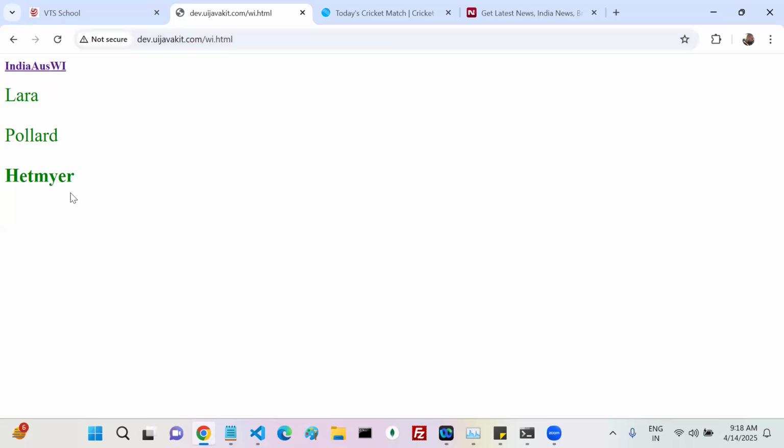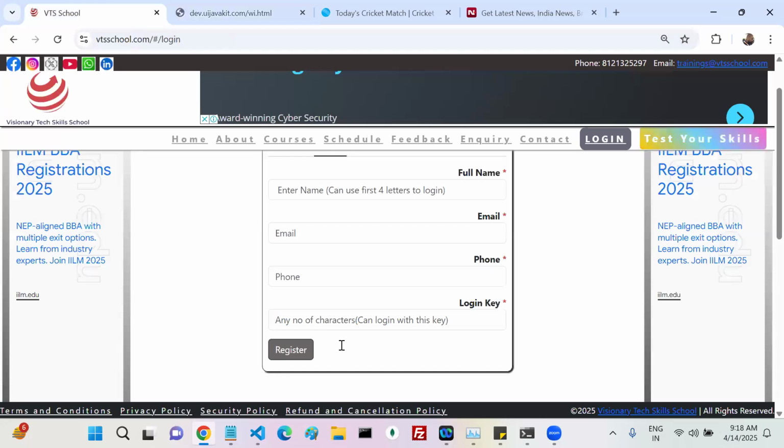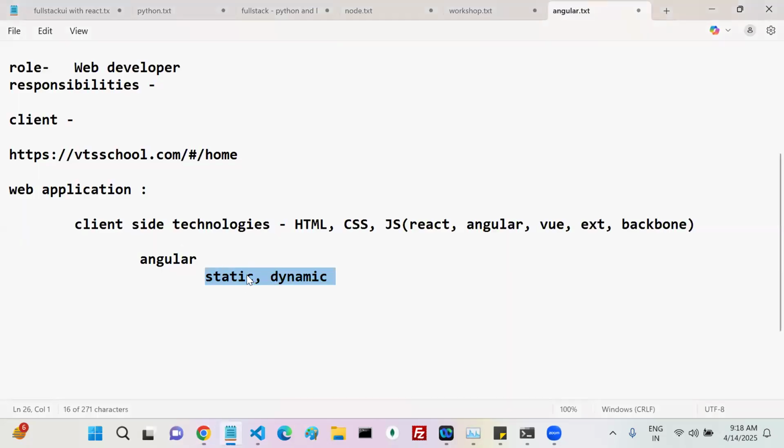So if it is static, I want to create an Angular application with static content. If it is dynamic, we are going to take the data from the database and display the data. That kind of requirement is there. That is dynamic. So first thing is, once the client gives the requirement, check the requirement. In that requirement, the application is loading in the browser, so I need one client side technology. So HTML, CSS, JavaScript, you decide that one, Angular or React or something else.